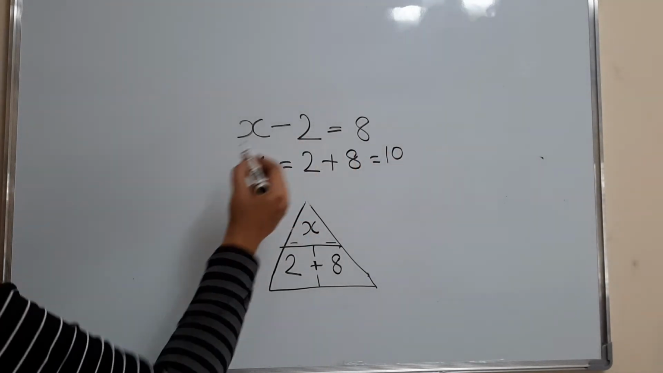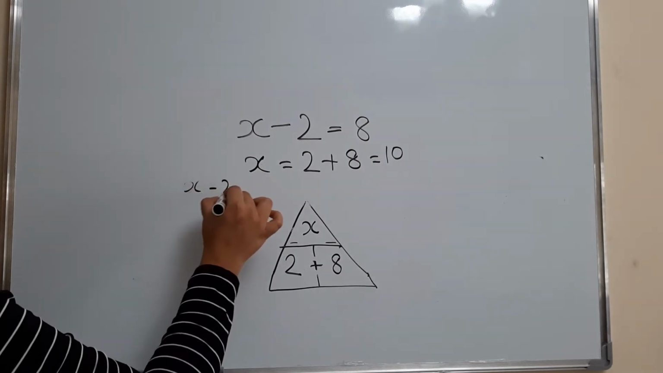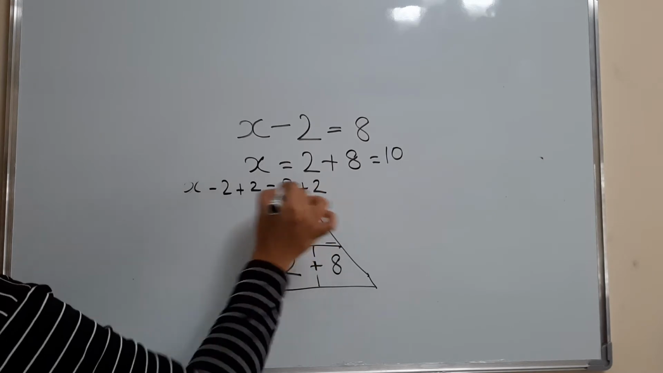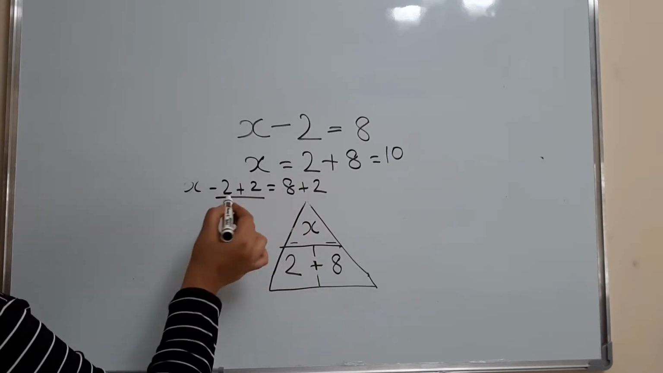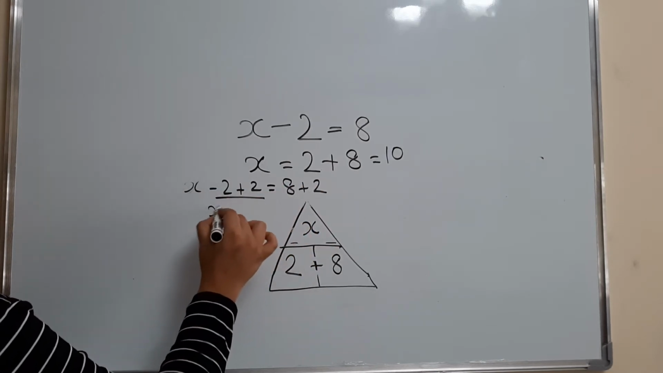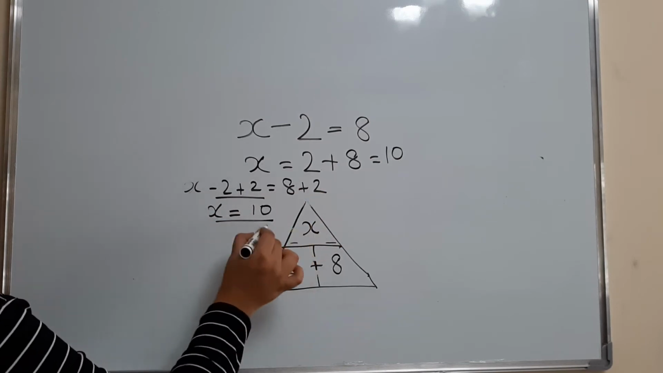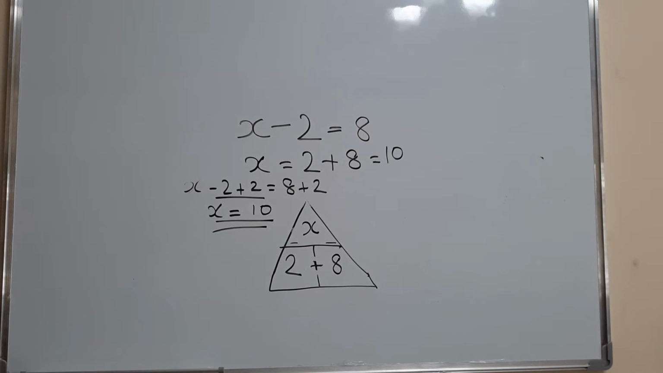Check by balancing equation. X minus 2 plus 2 is equal to 8 plus 2. So minus 2 plus 2 becomes 0. So x plus 0 equal to 0. So x equal to 8 plus 2, 10. The same answer only we are getting. Okay. Now,